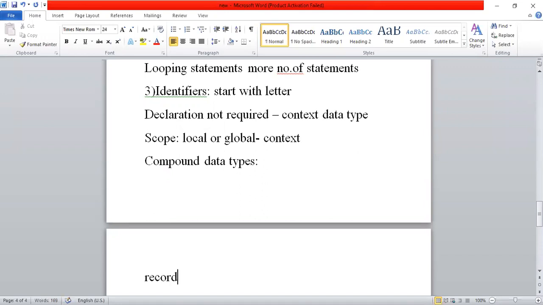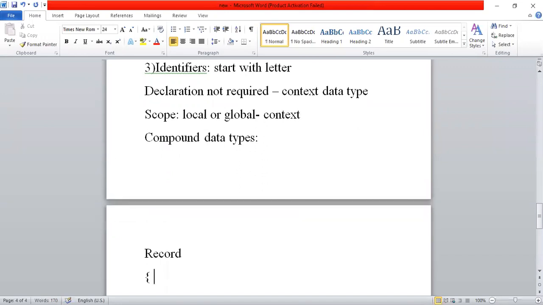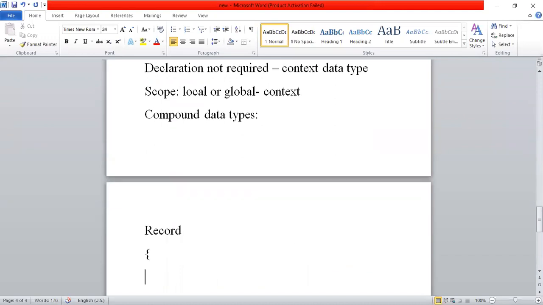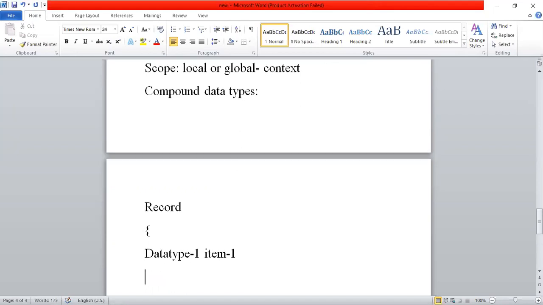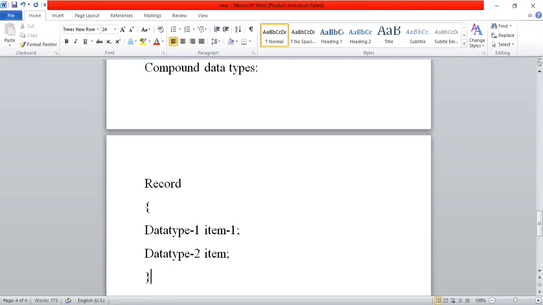Here we can include the required number of data types: data type 1 followed by item 1, data type 2 followed by item 2. This particular syntax is required whenever compound data type items are required in your algorithm or program.